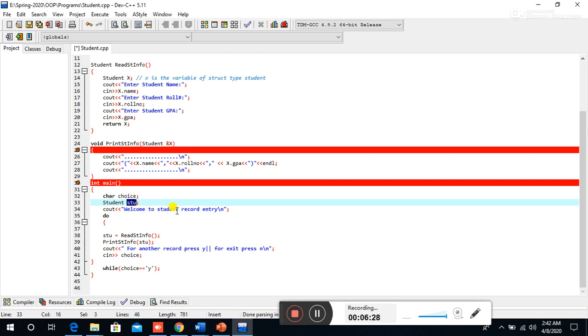So, "Welcome to student record entry." This is a message. I use a do loop. So read, this is the function call.